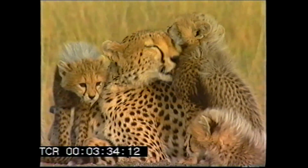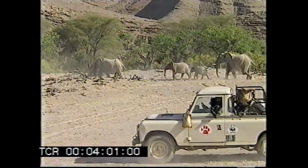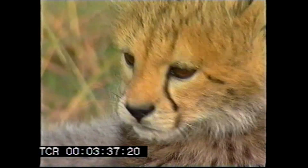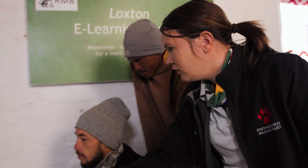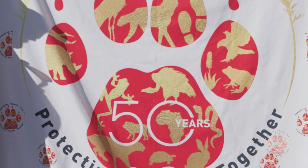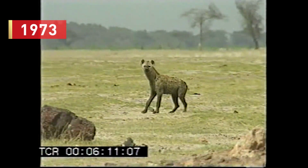50 years on and the cheetah spoor continues to tread this earth, blazing a trail across the continent and becoming the powerful symbol of a conservation icon that saves species, conserves habitats, and benefits people. This is our story. With the first EWT projects focusing on cheetah and brown hyena, at the same time in